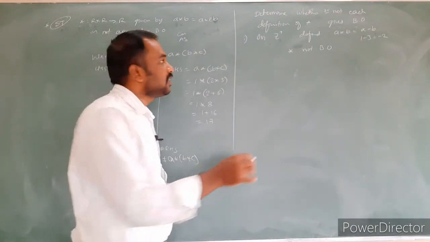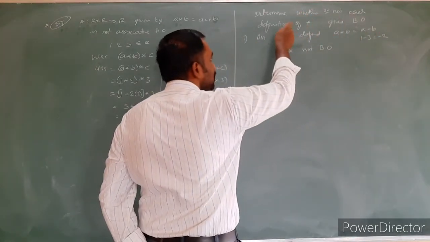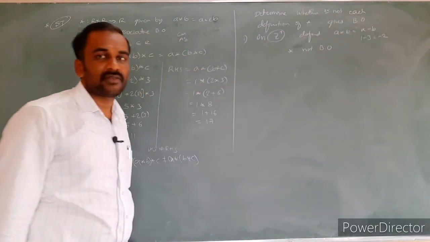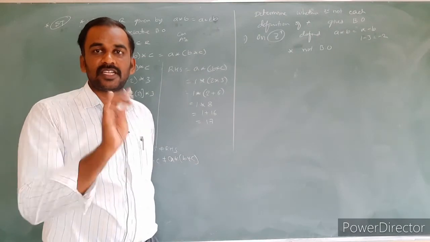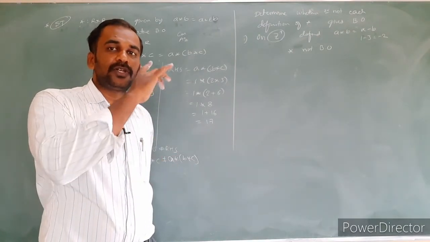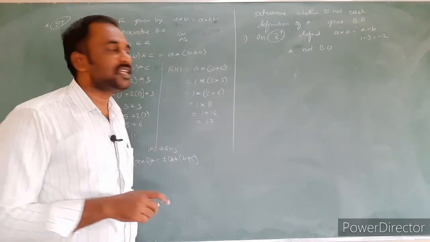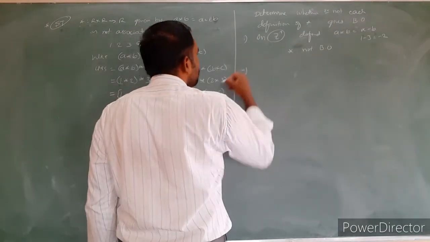Are you clear about this one? Just replace it. The resultant number should belong to the given set. If it does not belong to the given set in even one case, then the total result fails. Whenever you are telling true, it should be true for all cases. Whenever telling false, only one example is enough. Now take the next one.